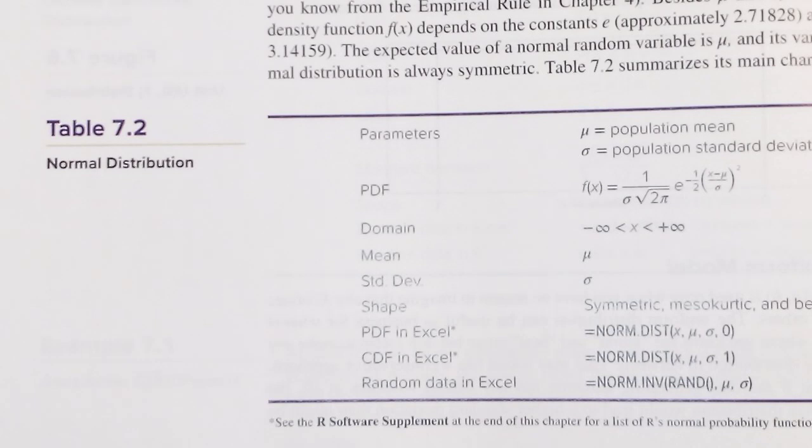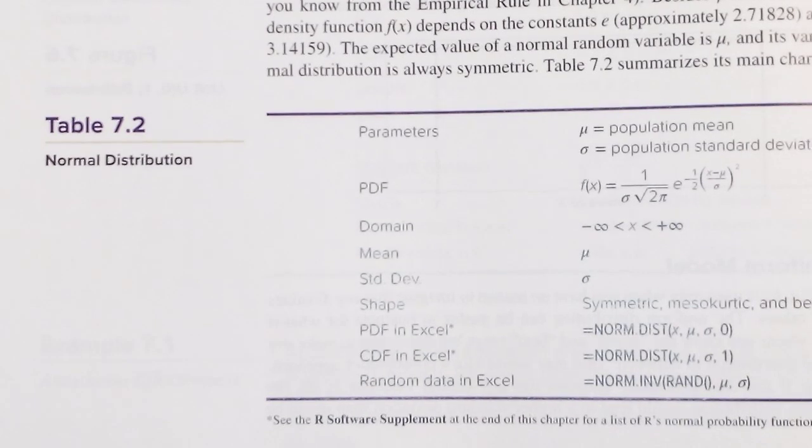But both the PDF and the CDF are available to us directly in Excel. I'm going to use this norm.dist, normal distribution function, a lot to do these calculations, to avoid having to do a ton of calculus. Because there's an easy way to approximate the area under a curve on a computer. And it means I don't have to do it manually. In addition,